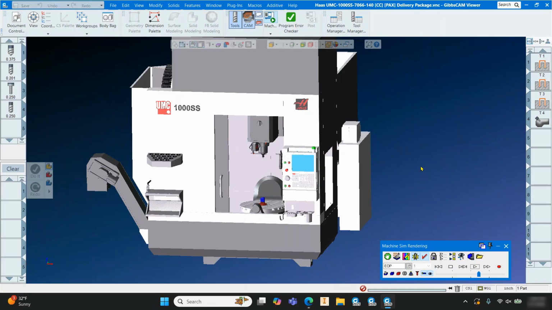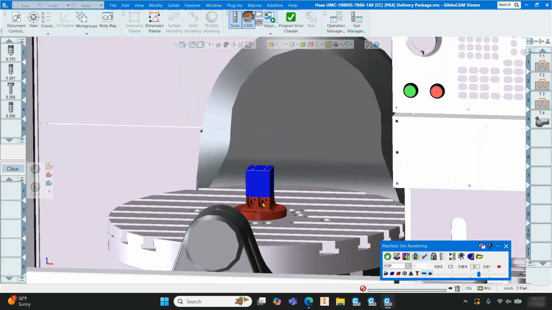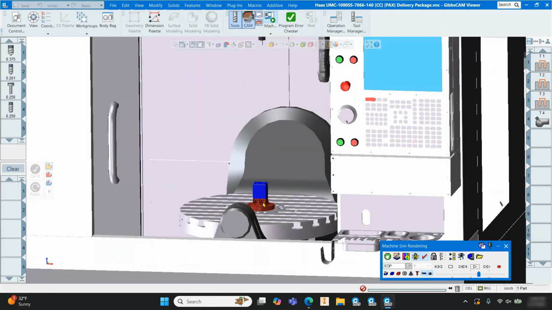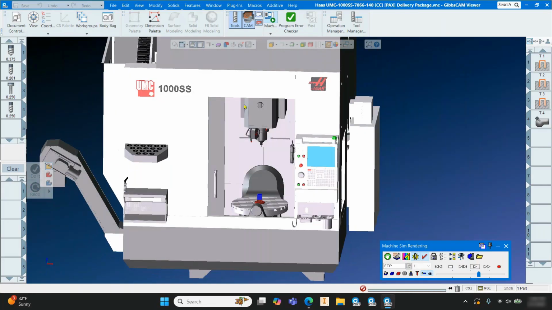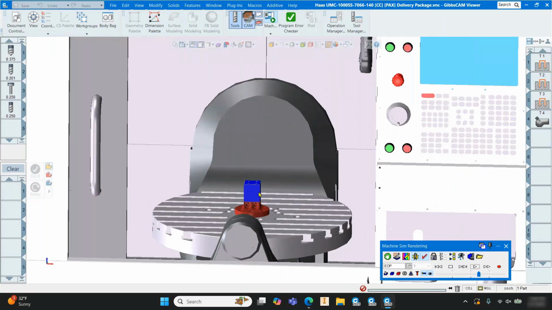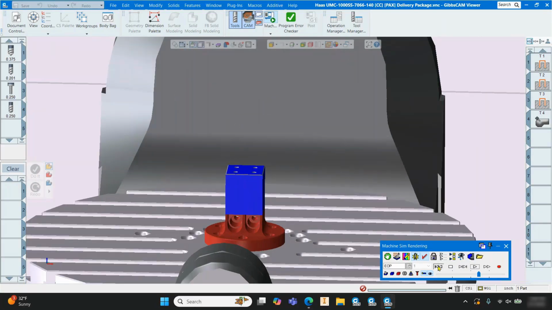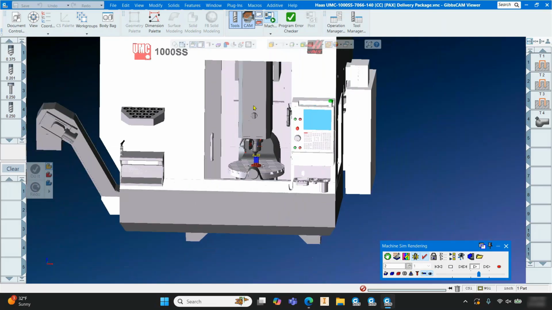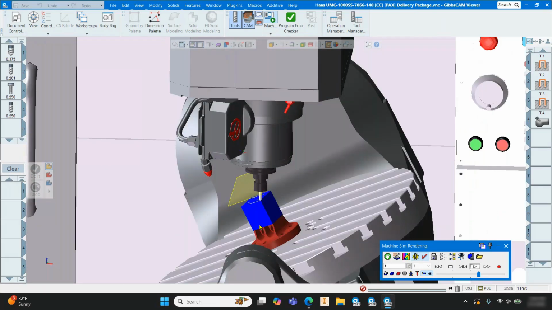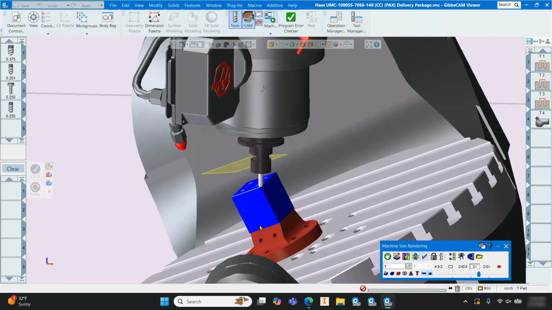I've heard this said many times: if a picture is worth 1,000 words, then a video is worth 1,000,000. So the first item that we have in the GibbsCAM Shop Floor Viewer is simulation. When the Shop Floor Viewer is installed on the floor, you simply drag and drop the GC package out of your programming department, and you can simulate the program, watch the machine movements, and identify visually many things that are